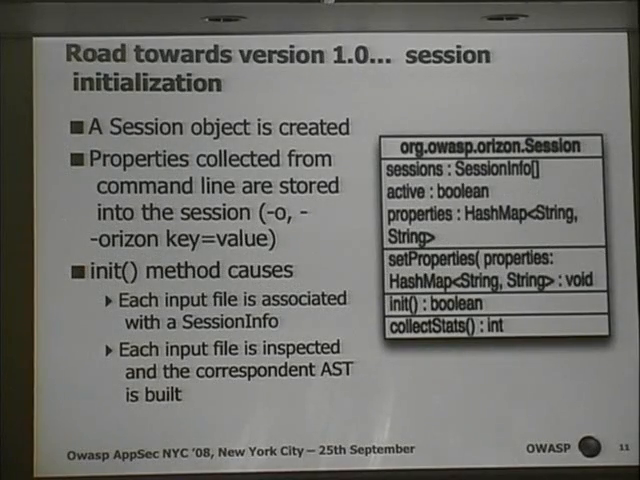So let's see. Session initialization. Here you can find the UML diagram of the session class. As you may see, a vector of session info is the most important field in the class, and the properties model the attributes you can specify from the command line to the framework. As you may see, using the -o Orizon parameter and the key equal value pair, you can specify to the